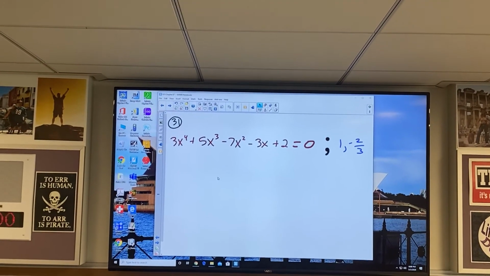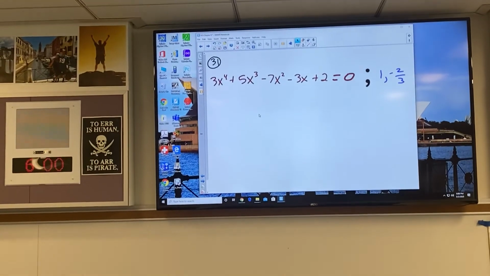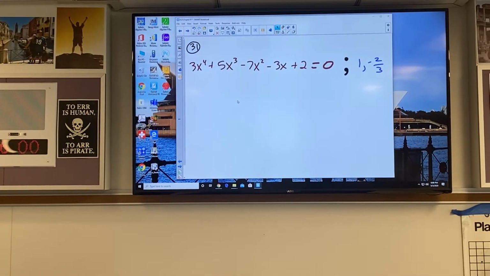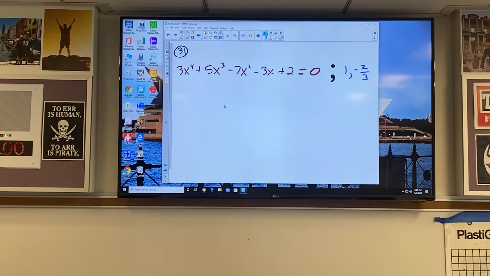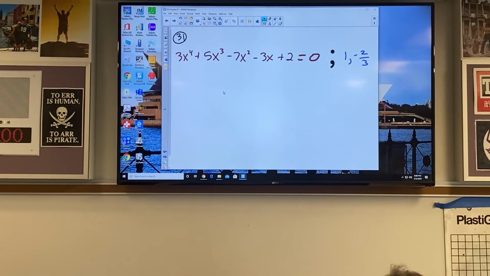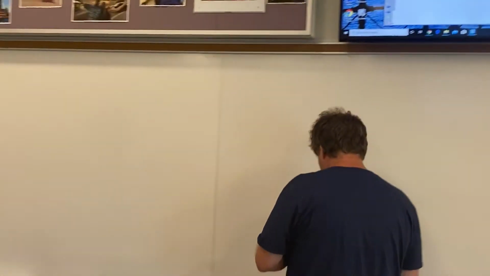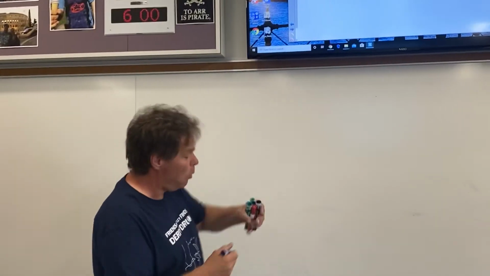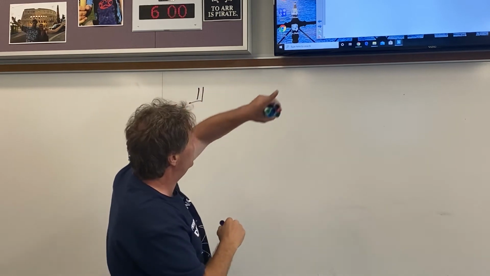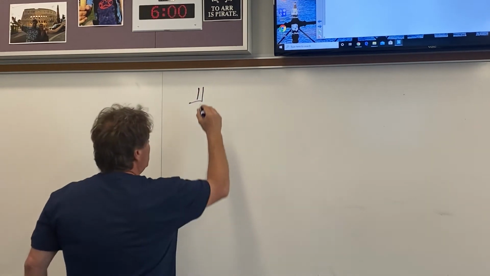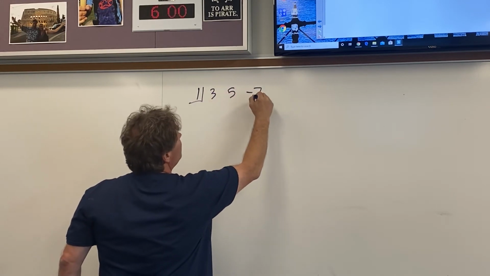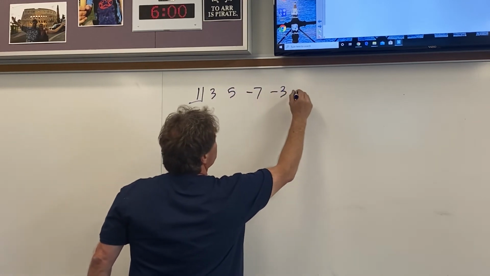So I should be able to, if I take either one of those out, get a 0 remainder, which is exactly what I'm wanting. Does it matter which one I do and what order I do them? No, it doesn't matter, but I'd rather do the nicer number. I'd rather do the integer 1 before the fraction. So I'm going to take the integer 1, use that as my root, and put it into synthetic division. So 3x to the fourth plus 5x to the third minus 7x squared minus 3x plus